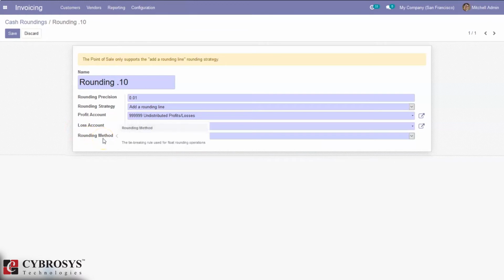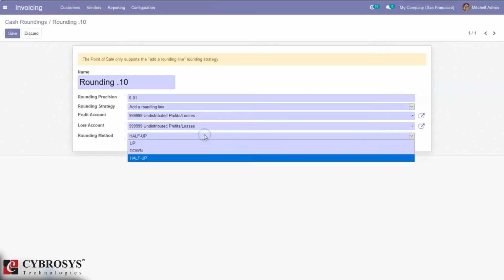Then we can see a field to set the rounding method. Odoo offers three types of rounding methods: up, down, and half up. In the case of up, the value rounds towards plus infinity based on the rounding precision, and in the case of down, it automatically rounds towards minus infinity based on the rounding precision.